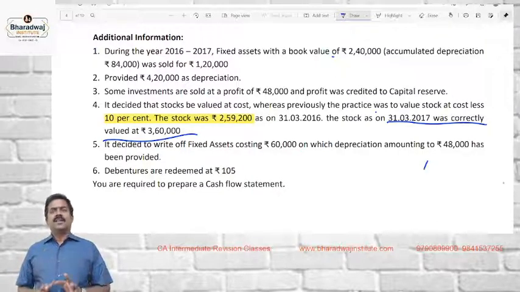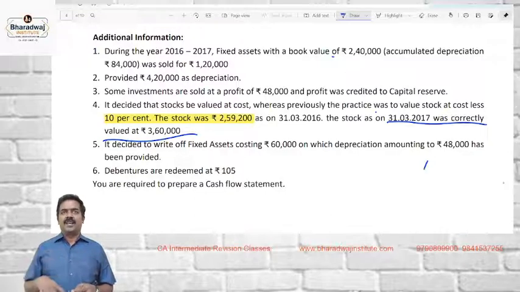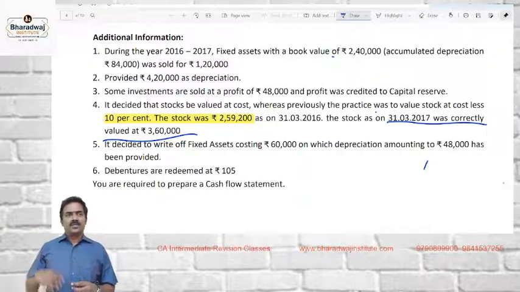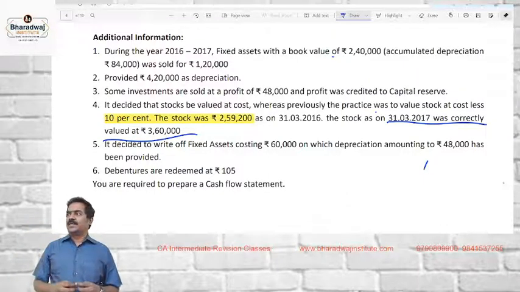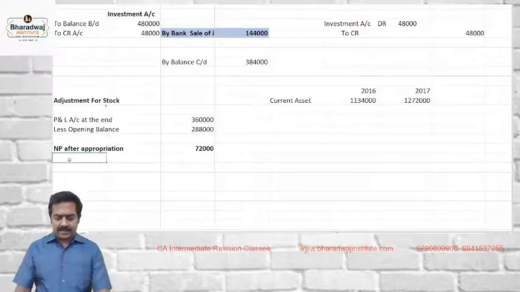Opening stock, simple. Let us go by a normal crude approach, not financial accounting approach. Opening stock is a debit item or credit item? Debit item. In the debit side, is it overvalued or undervalued? So when you put a lesser amount, what will happen? Profit will be overstated. So what to do? Less